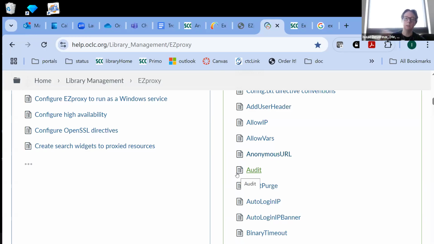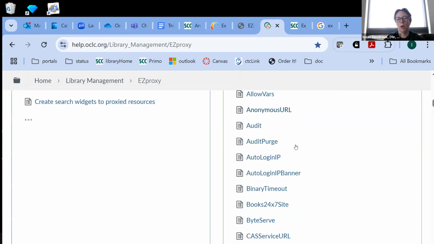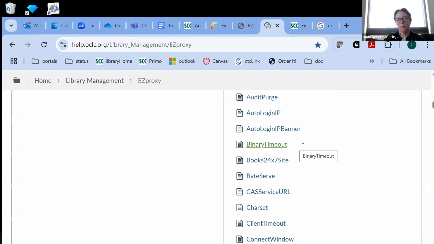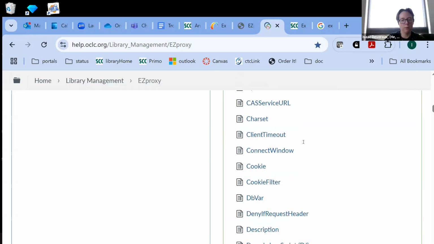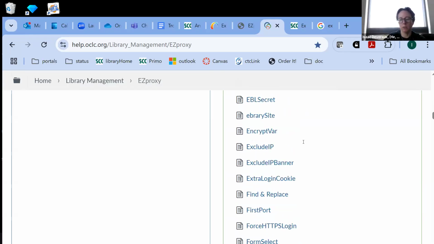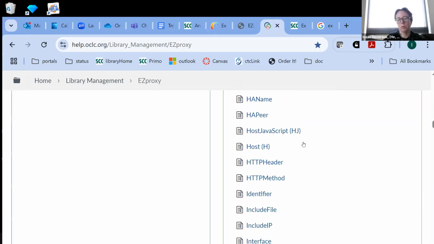I had just listed those as never proxies to make sure that if the proxy got applied to things that were open access, on those particular domains, it just wouldn't try to make it go through the proxy, it would just push it through. So I submitted a ticket for having them add the never proxy directive, which